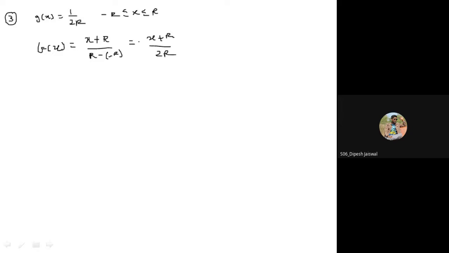But this Gx is nothing but distribution. So we can say that, let us say it is u1 कह दो, which implies x equal to 2r u1 minus r. So that is equal to r is common, 2 u1 minus 1. So what happened? Step 1.